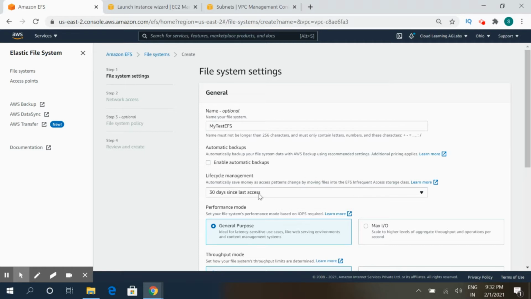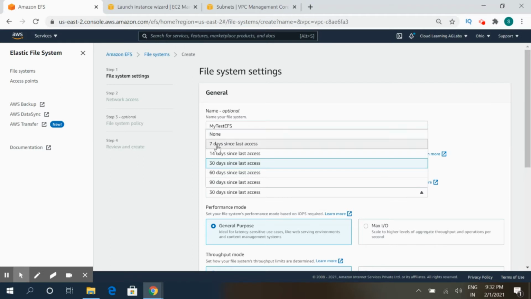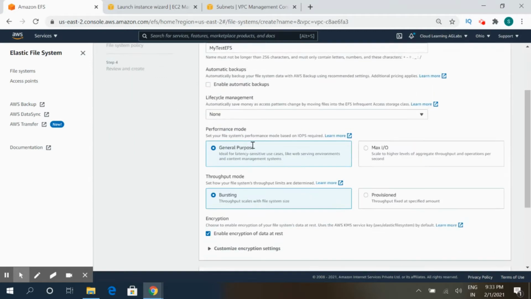So the files which are not being accessed for, let's say, 30, 60, or 90 days will be moved to that different storage class, so that the cost of your EFS will be reduced. There are multiple options, like 7 days, 14 days, 30 days, 60 days, and 90 days. For this demo, we'll be clicking on none.